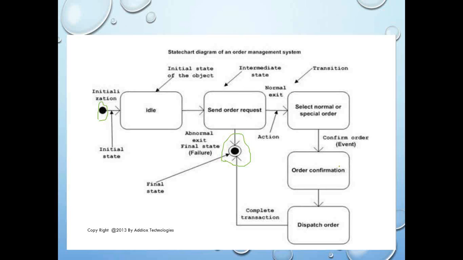Whichever you use, you need to make sure that if you use UML, you have to identify the actors. If you are using sequence, you have to identify the activator. If you are using activity, you have to define and nail down all the activities, each and every activity and the sequence of that. That's what you are going to do.